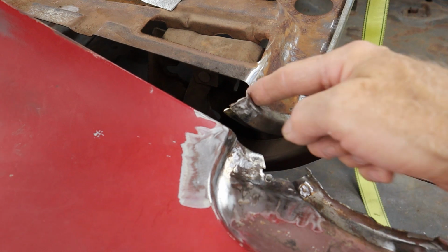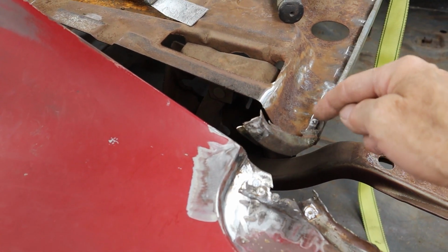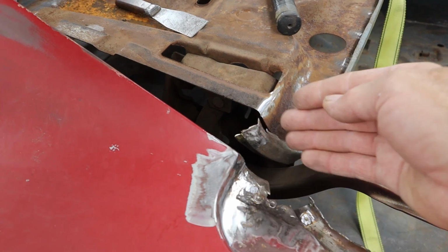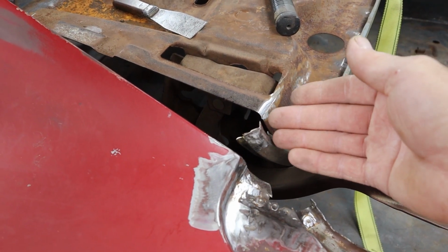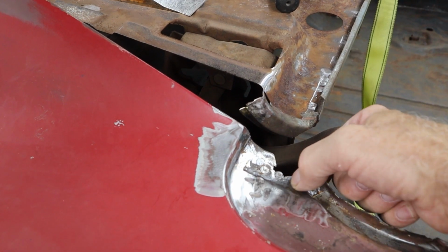This piece that you see bent up right here, that actually lays on top of this. So I had to bend it up out of the way. I didn't want to cut it away and put it back on. So I just bent it up just once. And then when it's in its final position, I can bend this back down,